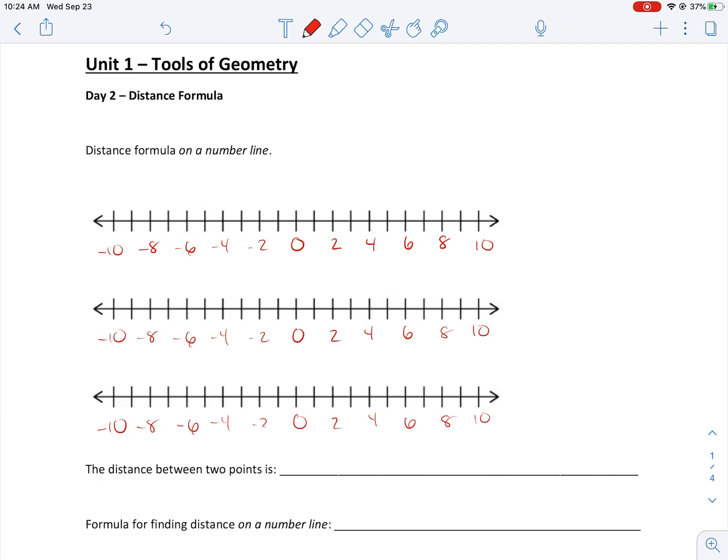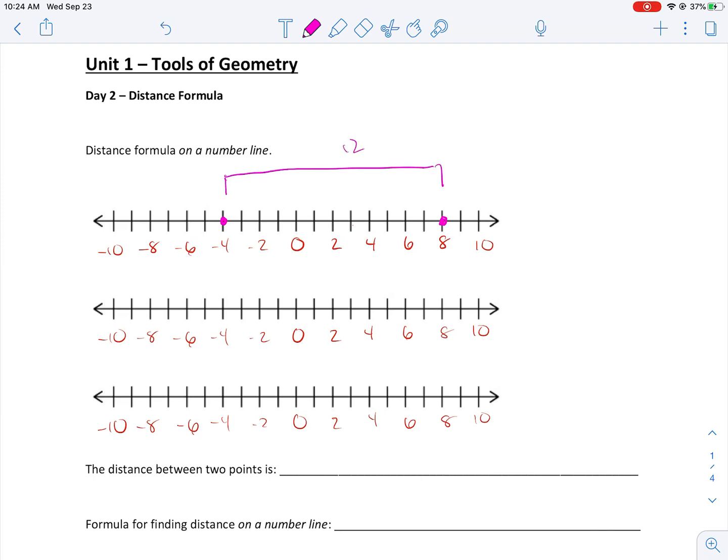Nothing too exciting here, but what the distance formula allows you to do is, on a number line, we're just going left to right. You don't have to worry about going up or down. Let me put a couple points on here: -4 and 8. Now, we could count: 1, 2, 3, 4, 5, 6, 7, 8, 9, 10, 11, 12. The distance